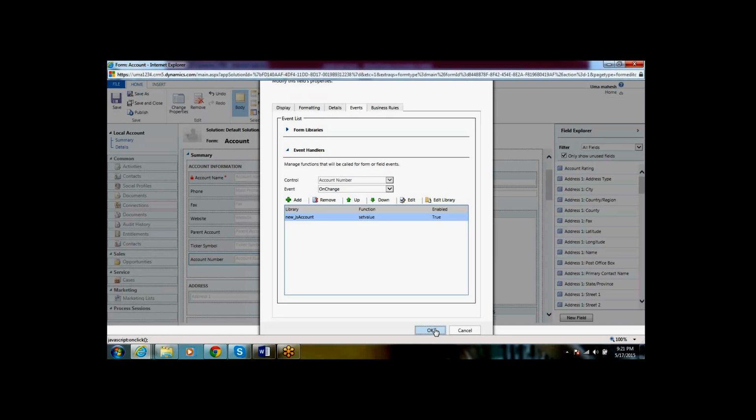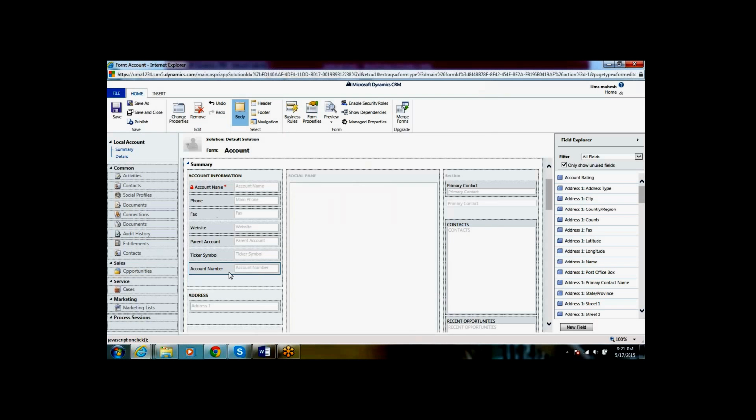When you click on OK, the event is attached for the account number field.